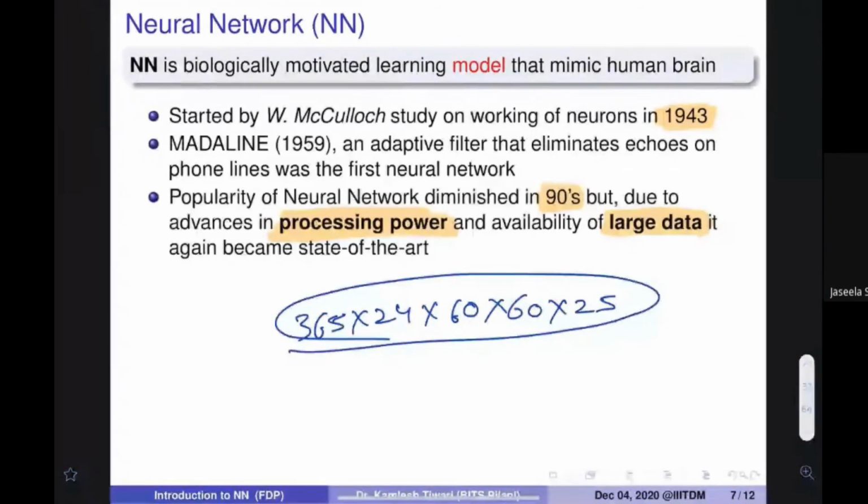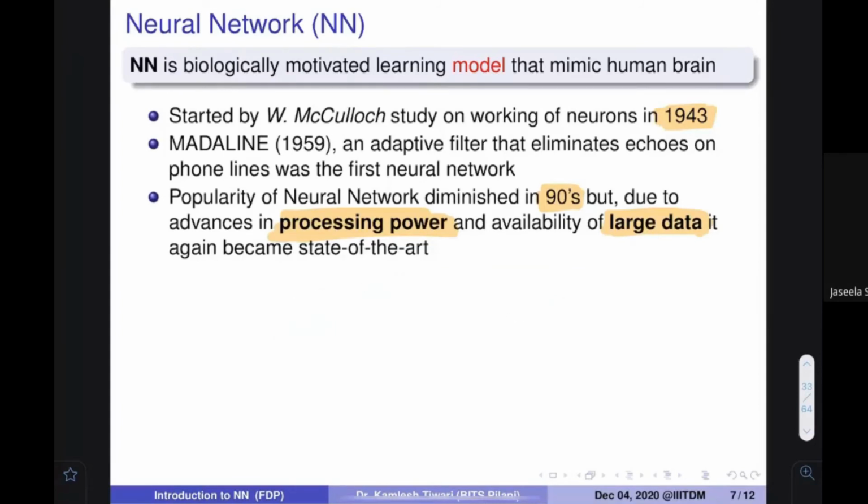So have we shown this many images to computers, even for 3 years? We don't show that many images to computers, and yet we expect the computer to behave well. That is actually more than we should ask of computers. That's why computers were not able to do that. But recently, as technology advances, we are now able to get a lot of data and a lot of processing power, and then neural networks again become the state of the art.